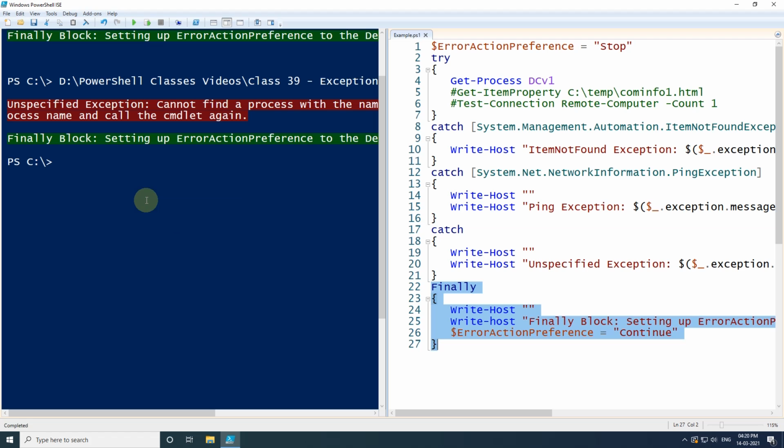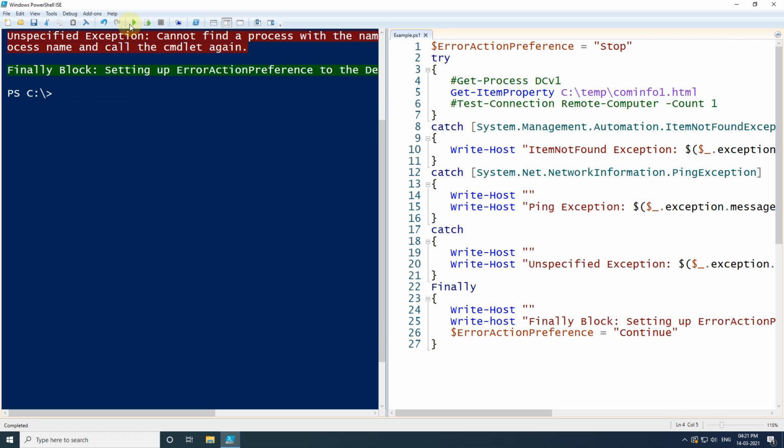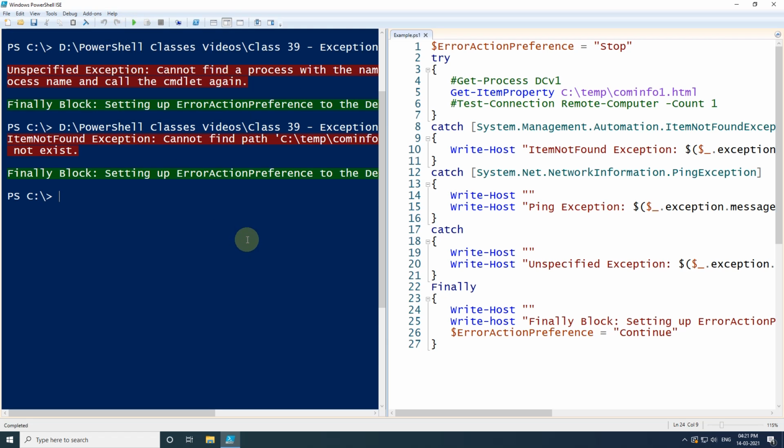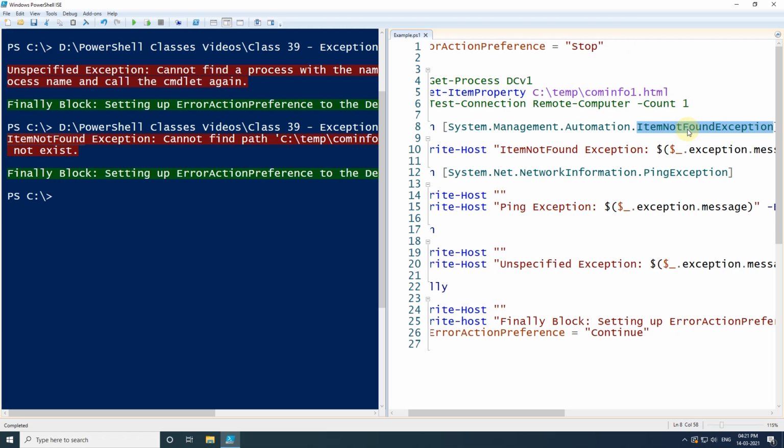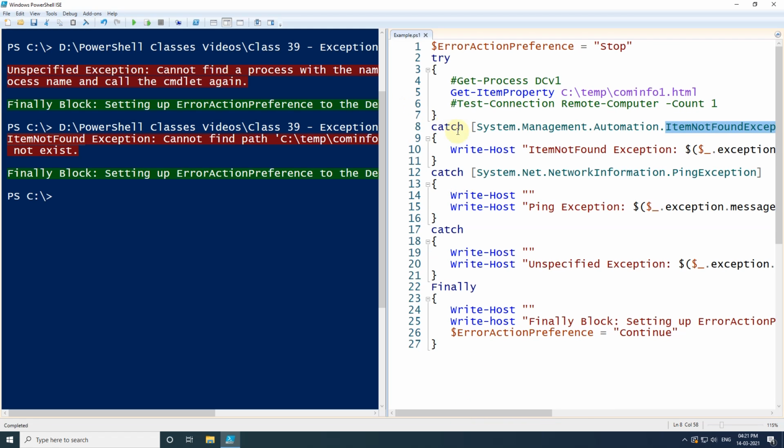And now we will see, if I enable this line and comment this line, then what output we will get. If I execute this time, you will see here we have got an item not found exception. This line gives us the not found exception, which we have specified here. That is the reason this catch block will be executed.